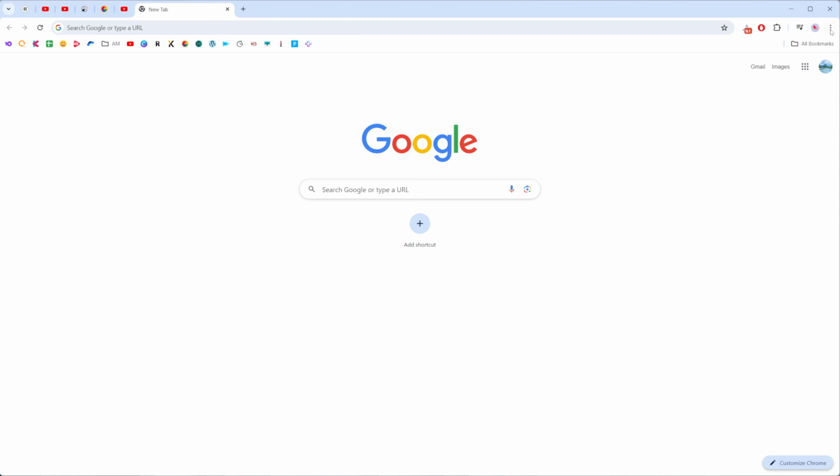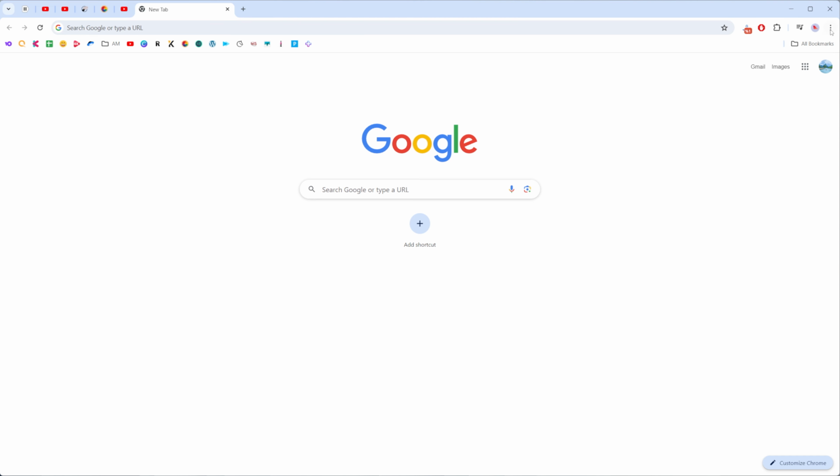Now it says that the Chrome web browser is nearly up to date, so now I'm gonna tap right here at Relaunch. That will close my Chrome browser, install the latest updates, and then it will reopen it back again. So guys, here we need to wait until it says Chrome is up to date, and after that I'm gonna